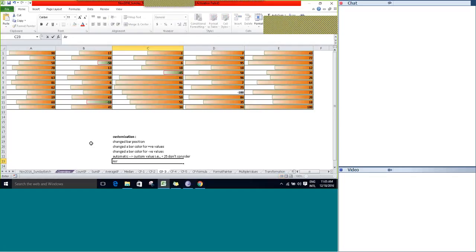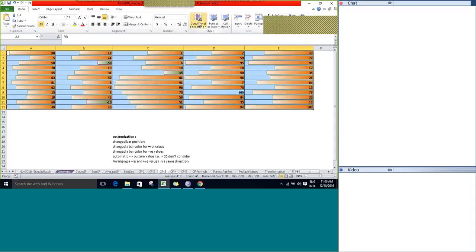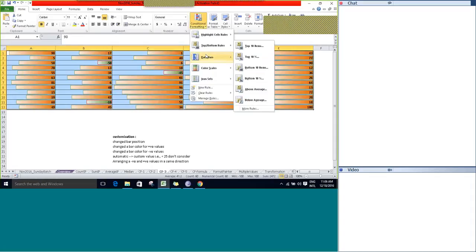So another customization is arranging negative and positive values in the same direction itself. So these are all the different kinds of customization we can perform on a particular range using a conditional formatting